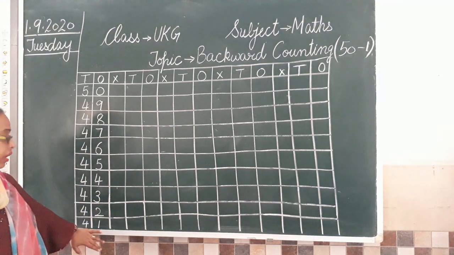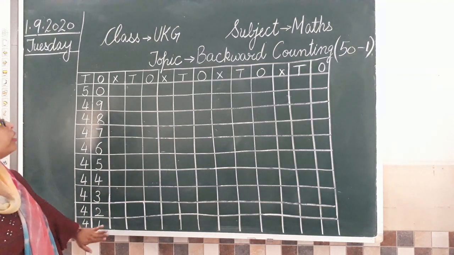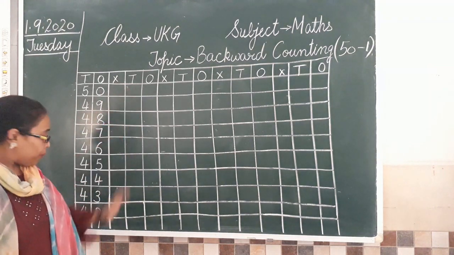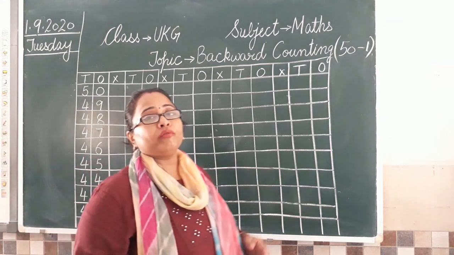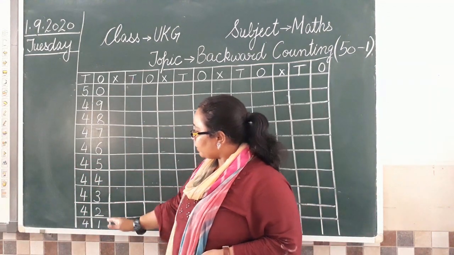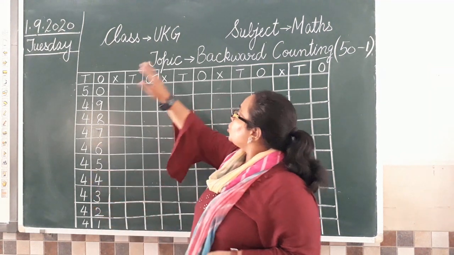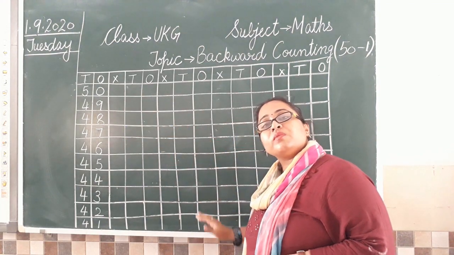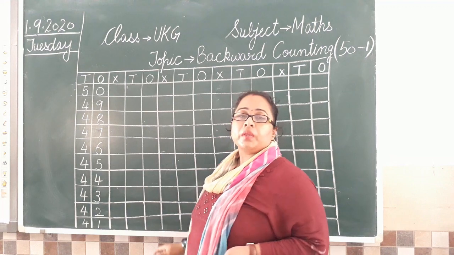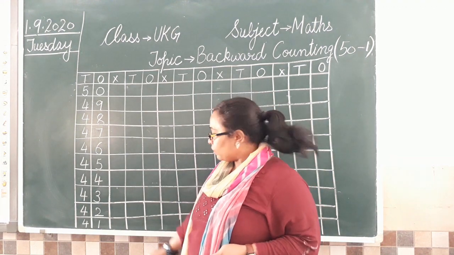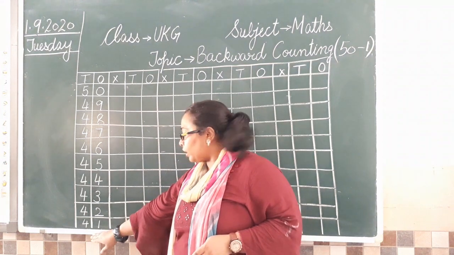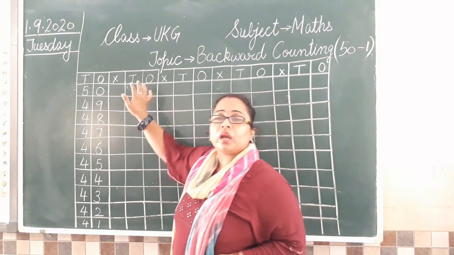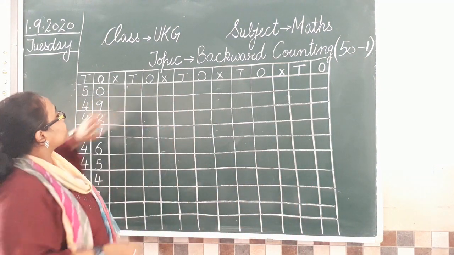41 पे ये finish हो गया. Now what comes before 41? You have to write here in the next line. Clear everyone? आपको 41 पे आने के बाद you have to stop that series here, and after stopping that series you will continue to write in the next line. आपको फिर next series में continue करना है, next line में अपनी counting को continue करना है. Clear? So we have ended here with 41. So what comes before 41? 40. So what we are going to do? We are going to write 40 in this next one.